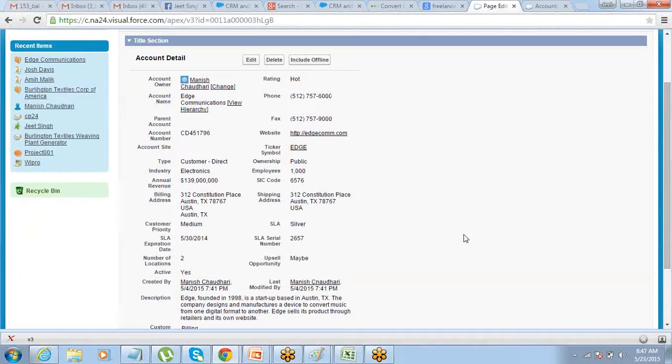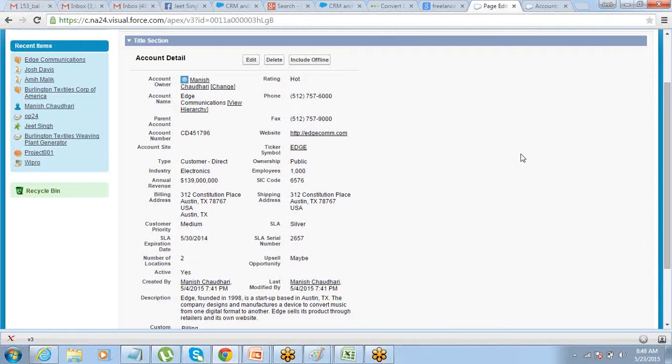By default, our page block section has two columns, column 1, column 2, right? Now, when it has two columns, the first component which you put inside the page block section comes into the first column. So apex detail is the first component that we are using. It has come into the first column.